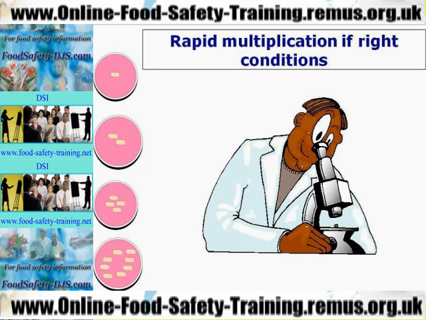Now to show you that graphically, if you look at the left hand side of the slide, you'll see 4 petri dishes, or they're supposed to resemble petri dishes. In the first dish at the top you've got one bacterium. Within 10 to 20 minutes that develops into 2 bacteria. That then, after 10 to 20 minutes, develops into 4, 8, 16, 32, 64, 128. So they're actually doubling every 10 to 20 minutes, not going up in ones. This is called logarithmic multiplication. So they go through a logarithmic scale rather than a linear scale.